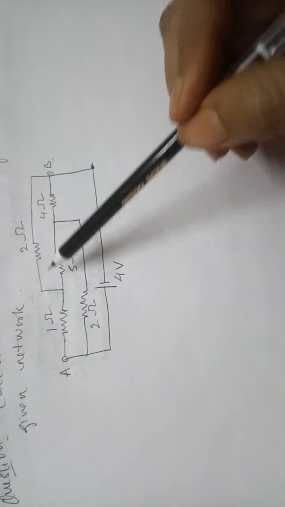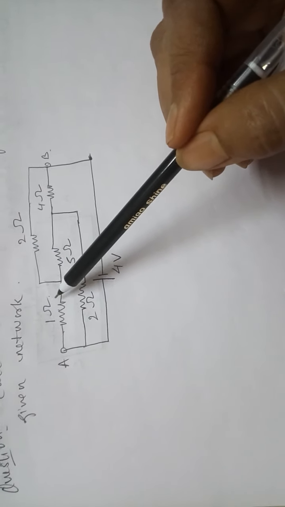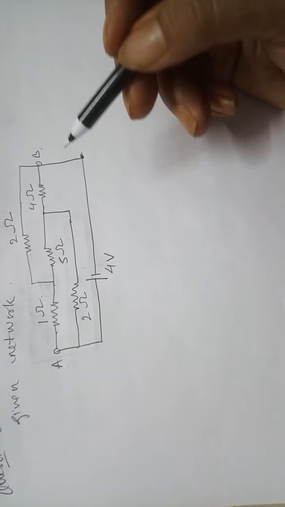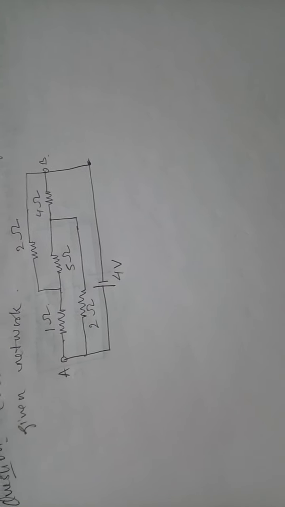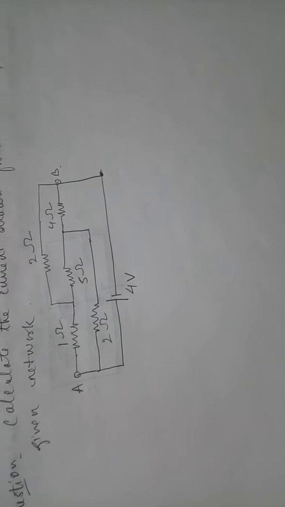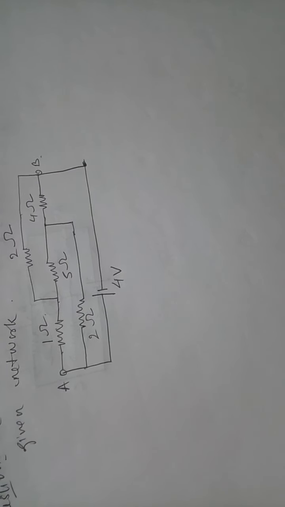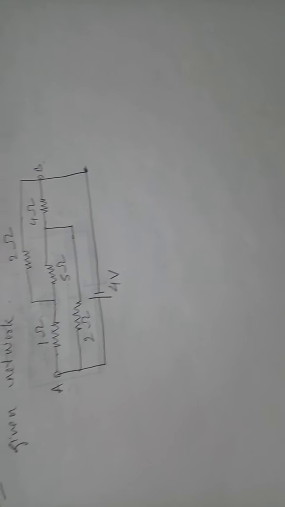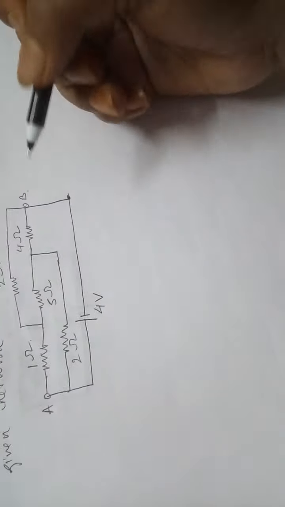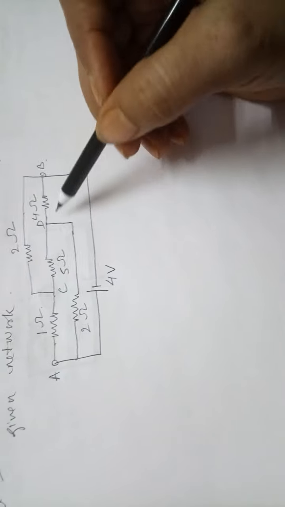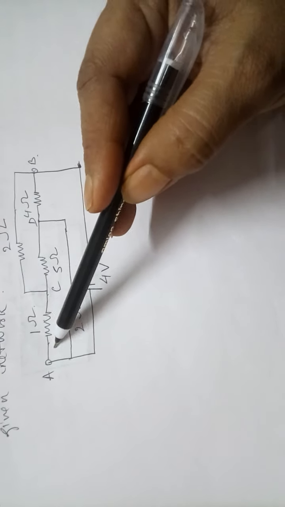So when you get such a circuit, first you find out the number of resistances. So this is 1, 2, 3, 4 and 5 resistances. When 5 resistances come, the first thing that should strike your mind is to find out whether P by Q is equal to R by S or not. Because if we follow this principle, then one resistor will be out of the circuit and it will help us to make the circuit easy. So in order to make the circuit simpler, we'll take out 2 points. Let us write here C and here D. So we are going to make this circuit again.